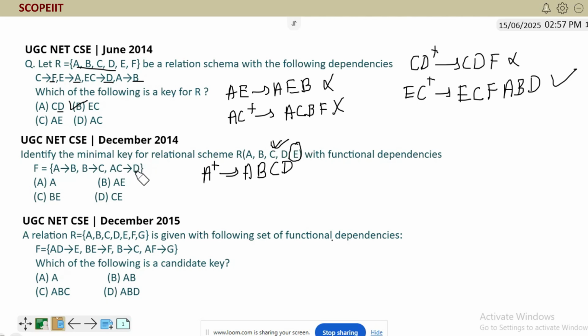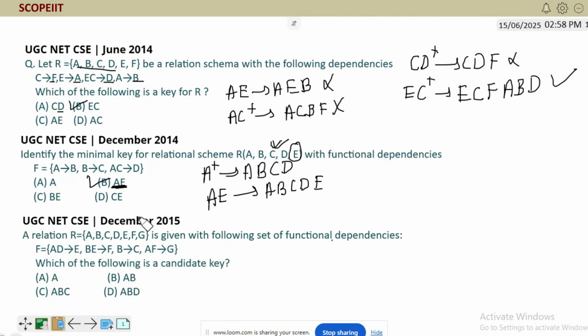So in that case, what we should do? In that case, we will apply augmentation property. Which property? Augmentation property. I already explained this all in the last videos. Augmentation property, that means if you want E on right hand side, and to find the candidate key, we need E on right hand side, then it is compulsory for us to add E on left hand side also. So now if you find the closure of AE, then you will get the correct answer. So the correct answer for this question is option D. You can check for C and D also, you will not get all the attributes A, B, C, D, E.